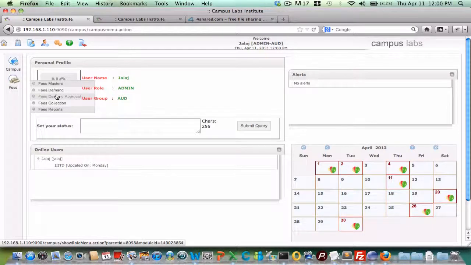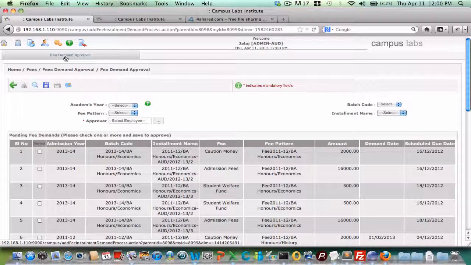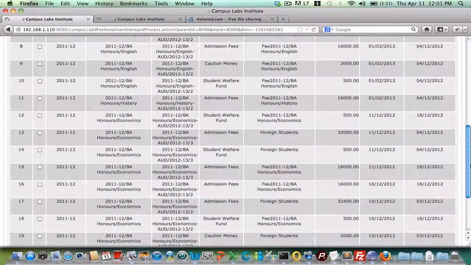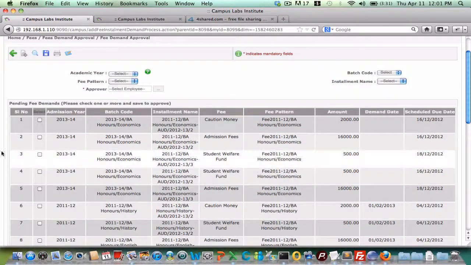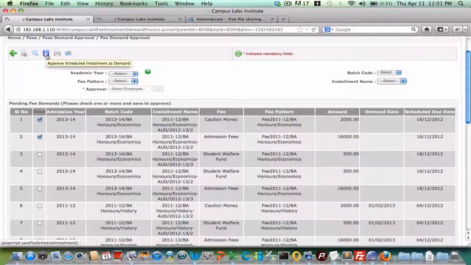Once you create a demand, it will be sent for approval, and at the fee demand approval screen, this can be approved. So all these installments have been demanded, and only 15 will be visible at a time. Once you approve the top one, the bottom one will be visible after that. Only 15 will be visible at one point of time. Once you approve these demands, the collection can be started for these installments.